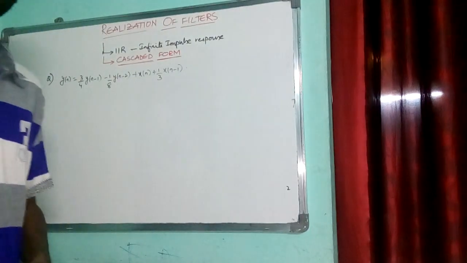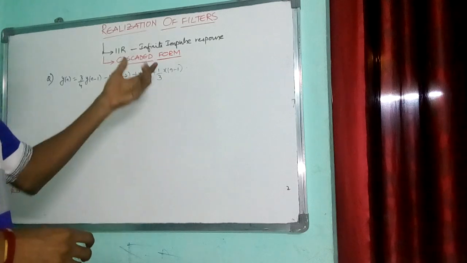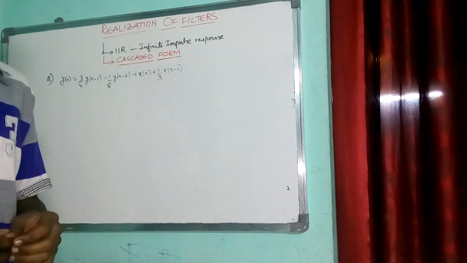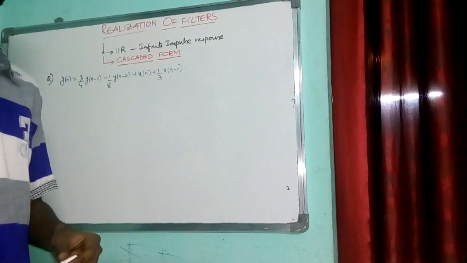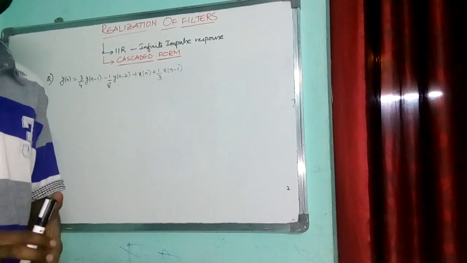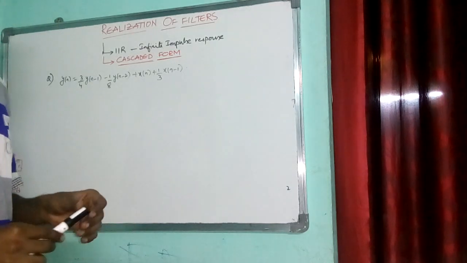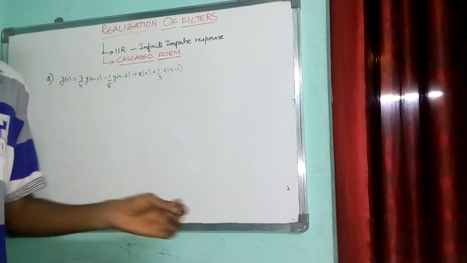Hi friends, in this video we're going to see the cascaded form of realization. In the previous videos we have seen the direct form 1 method and the direct form 2 method. Here is the cascaded form. So in this method